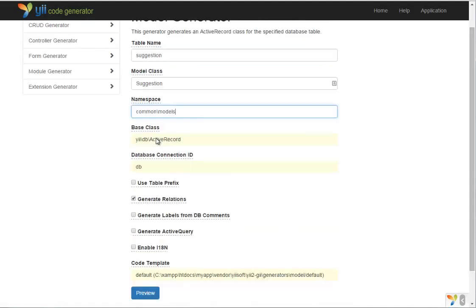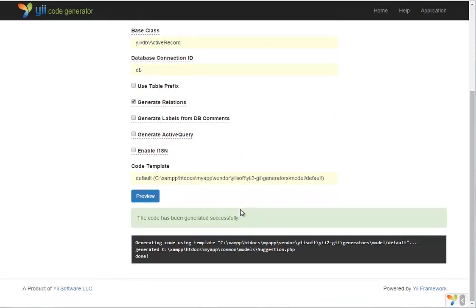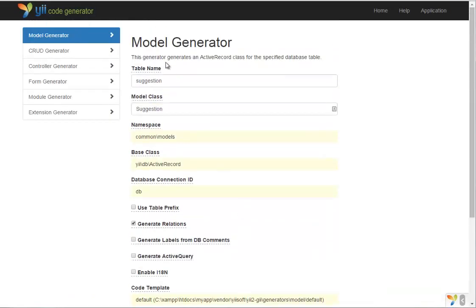So most of the models that we create, we're going to put in the common namespace. So click preview. You can see it's going to go in the common directory, or the common app, I should say, and we can generate it. And it's done. So now that that model is available to us,